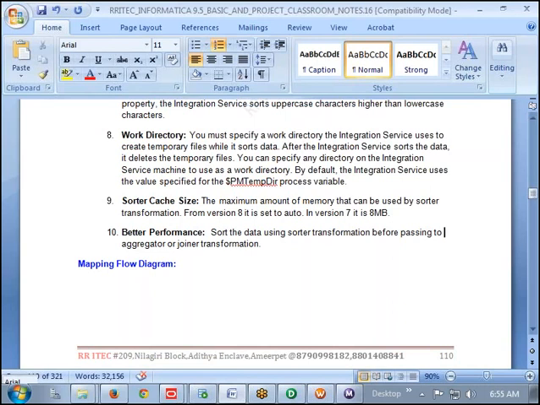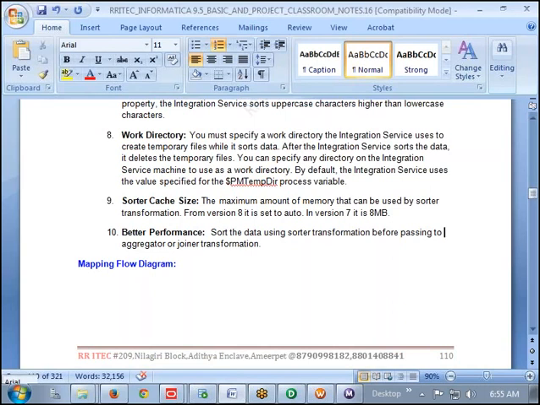In SQL, after joining, you are using order by. You are saying right. But for performance reasons, first it is going to sort the data, then it will join it. How it is going to improve the performance, I will talk about whenever I go for joiner transformation. Even aggregator is the same way. In other words, wherever I am using this sorter transformation, I am using it for performance purposes. First I am going to sort the data, then only I will move the data.